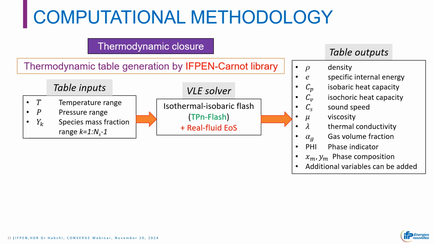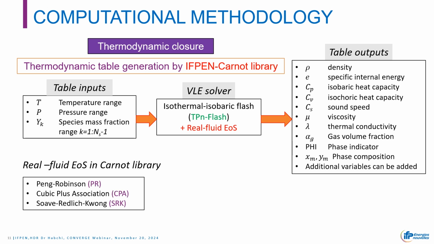These inputs are given to a VLE solver, which is typically a TPn-Flash, an isothermal isobaric flash, using a real fluid equation of state that could be the Peng-Robinson, for example, cubic plus association for oxygenated